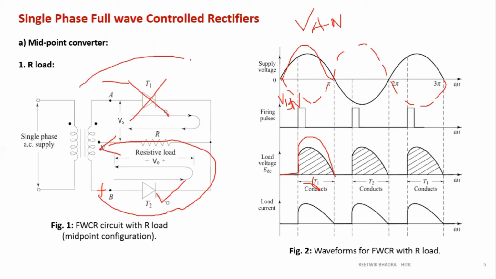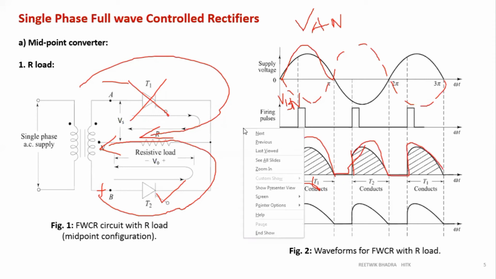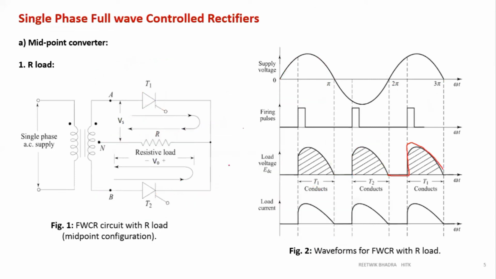And previously it was from this direction to this direction. So now what we are getting, the voltage V0 is equal to VBN, right? So VBN is this dotted line, positive. So my output voltage is also positive. Then 0, then goes positive. Now if you can't understand this one, I can show you another method over here.